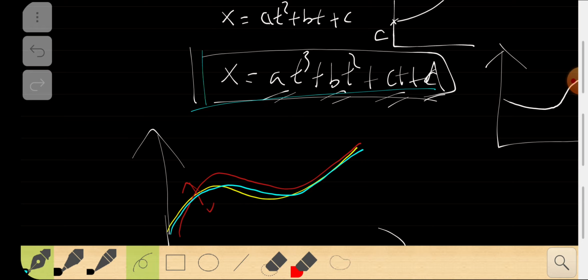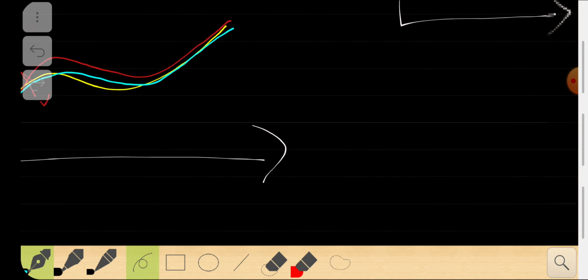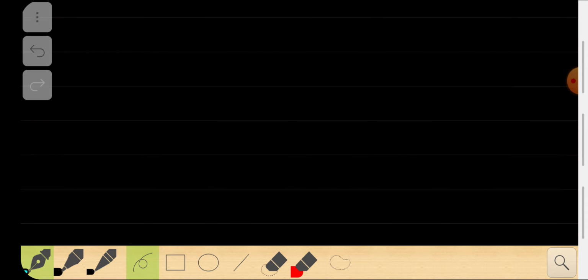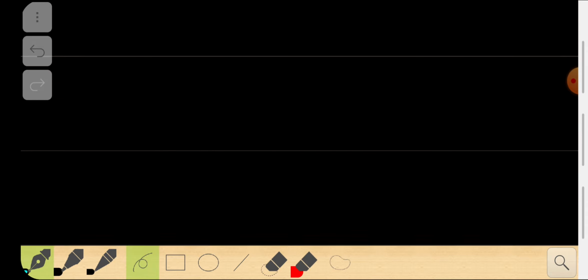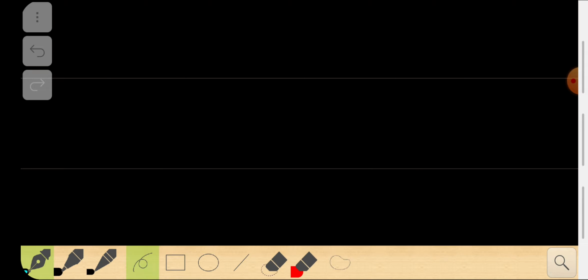You can do this numerically. That's a different field of study itself. So you can try that. You can try to fit a curve: take a curve, some points, and then try to fit a polynomial equation into that. The only thing that you need to remember is that if you have a single variable